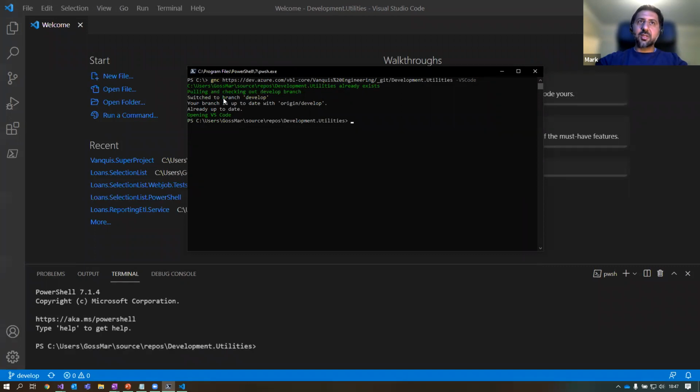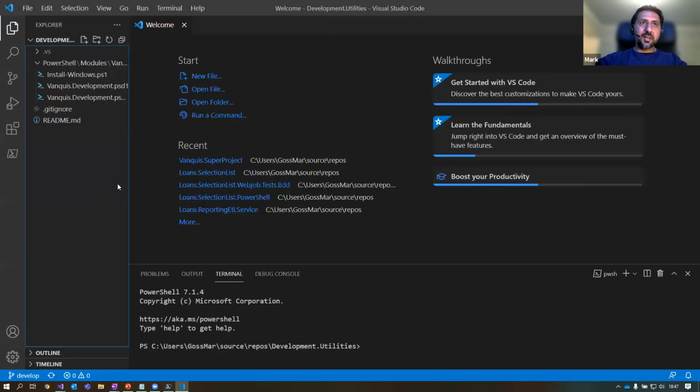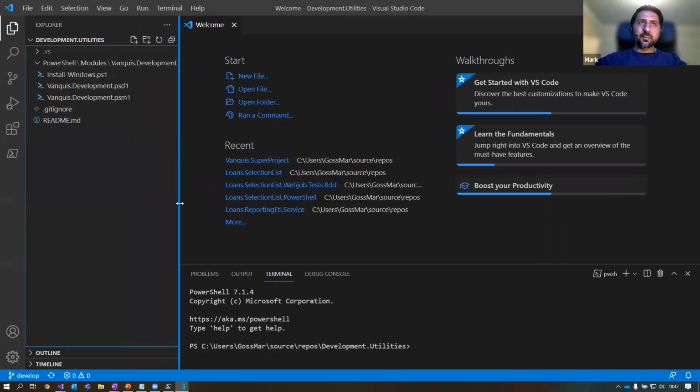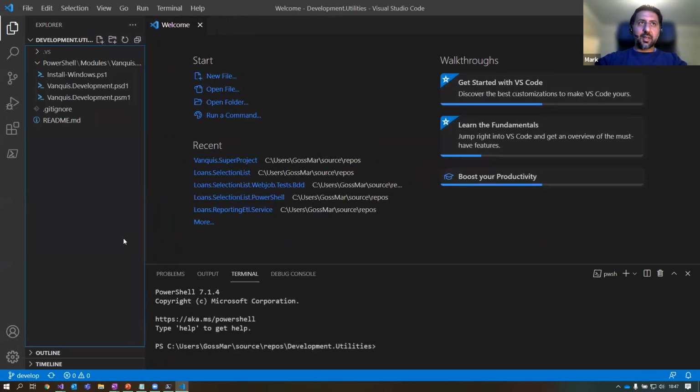And it's already switched to the develop branch, and done a git pull to pull the latest changes. It's figured out it doesn't have to do anything, and then it's opened VS Code for me. If I click on the files, I've got my project open. So it just saved me a whole load of clicks. I could have had a really useful thought at that time, or done something else for a few seconds. It's one of the quick little wins.